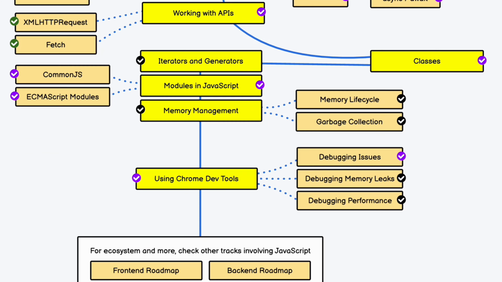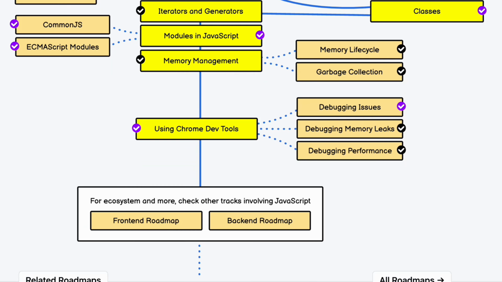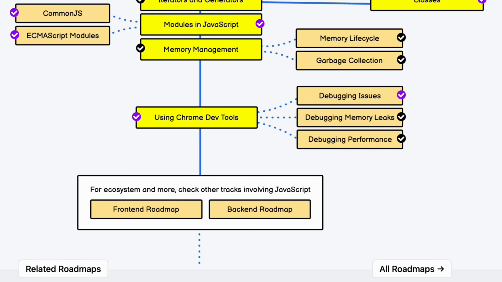And the last one we have is using Chrome dev tools. So that one is really powerful. When you work with JavaScript, obviously you're going to interact with the browser, where you're going to do console log, where you're going to see how long it's taking to fetch, the time, and the logic you are sending. That's all you can find in the Chrome browser. So Chrome browser is absolutely powerful for a JavaScript developer to test the entire logic which you have built. It will allow you to debug the issues in your code. It will allow you to debug memory leaks. It will allow you to debug the performance of your application.